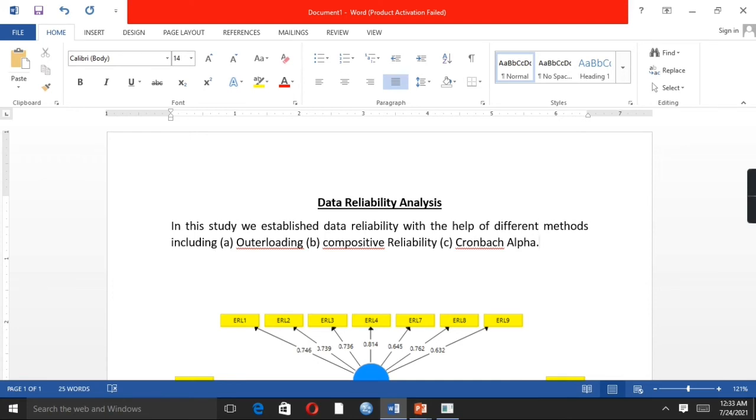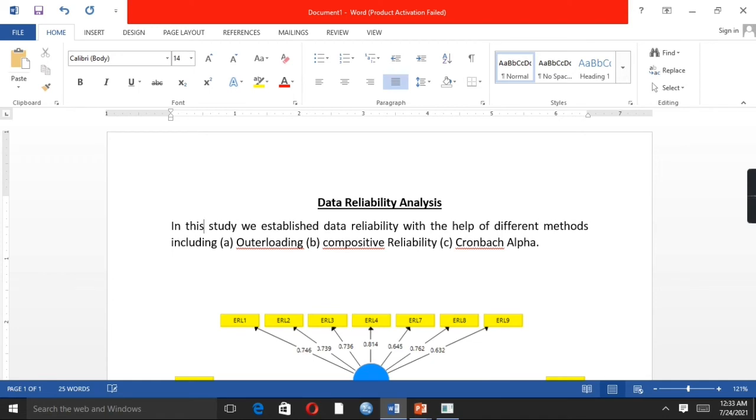As we discussed earlier, we need to mention the threshold limit of these different methods, and then we can state that the values lie within the threshold limit, so we can say that we establish data reliability.